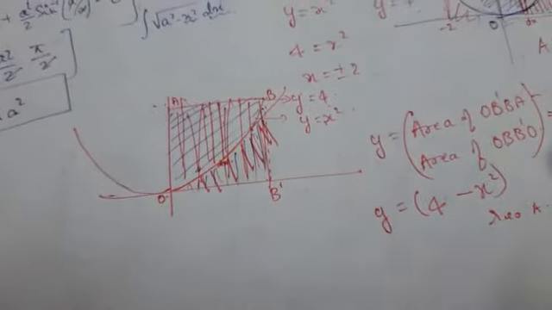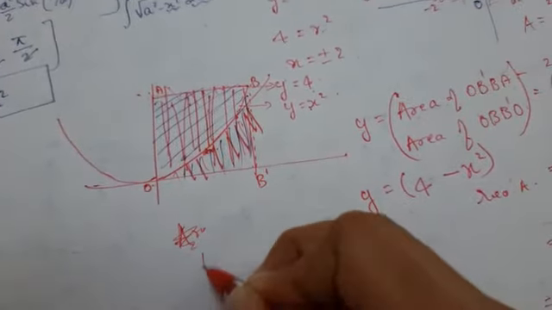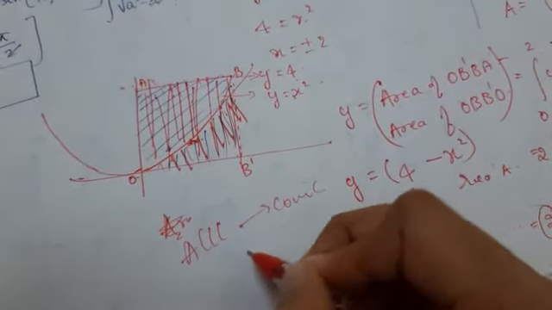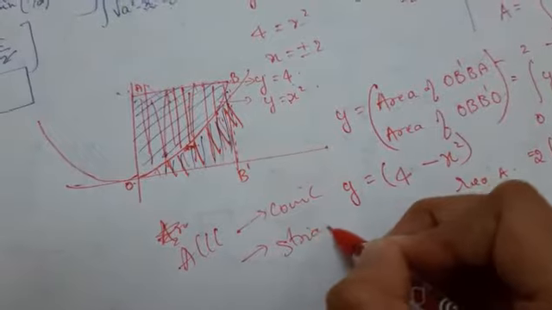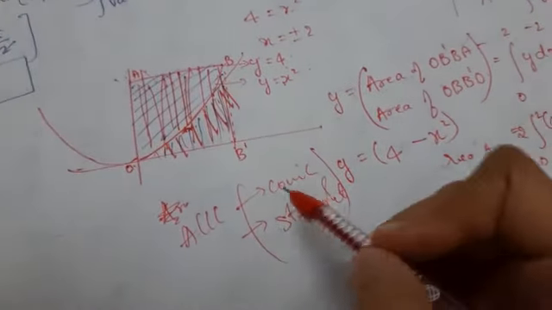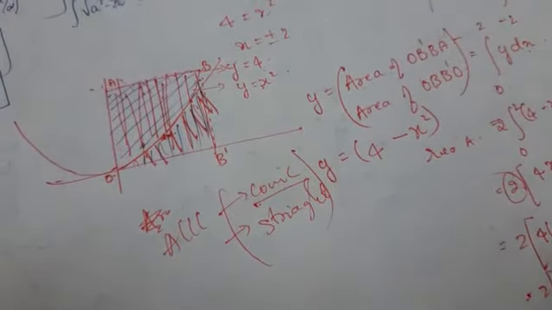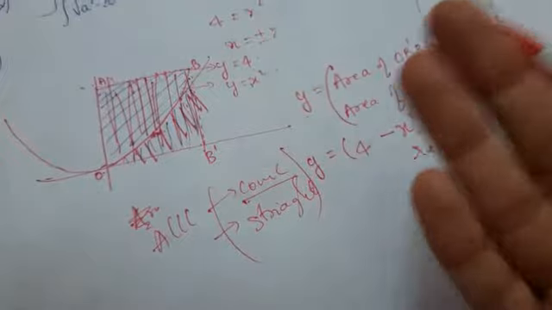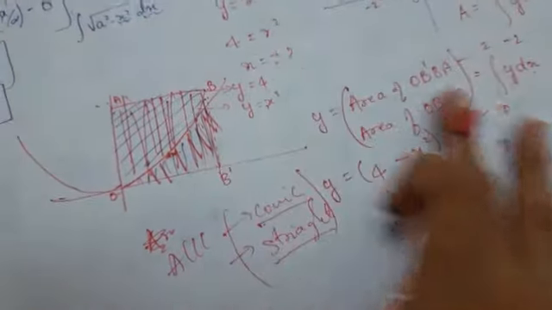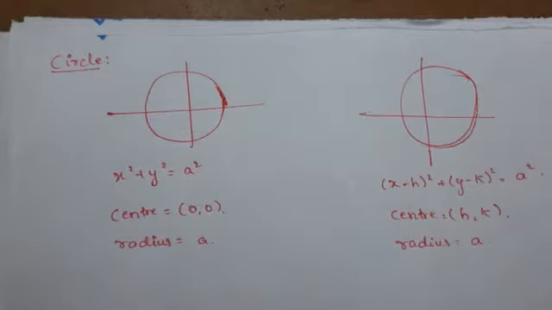So for you people to get a clear idea of this, you should know the basics of all the formulas regarding the conic sections as well as the straight lines. So I am going to brief all the formulas coming under the conic sections, that is, the areas regarding the circle, ellipse, hyperbola, parabola, and the straight line, so that you will get a proper idea of all those things in this one video itself.